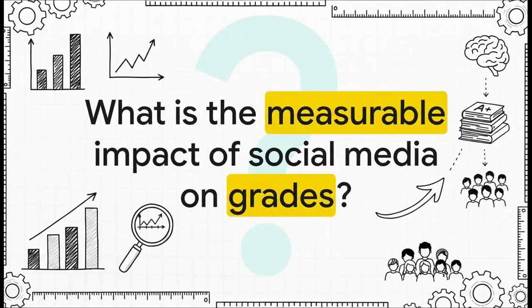So, what does this actually look like when you're doing research? Well, a positivist researcher would ask a question just like this one. The key phrase here is measurable impact. See, they're hunting for a clear causal relationship, a pattern that you can quantify and, ideally, apply universally to everyone.